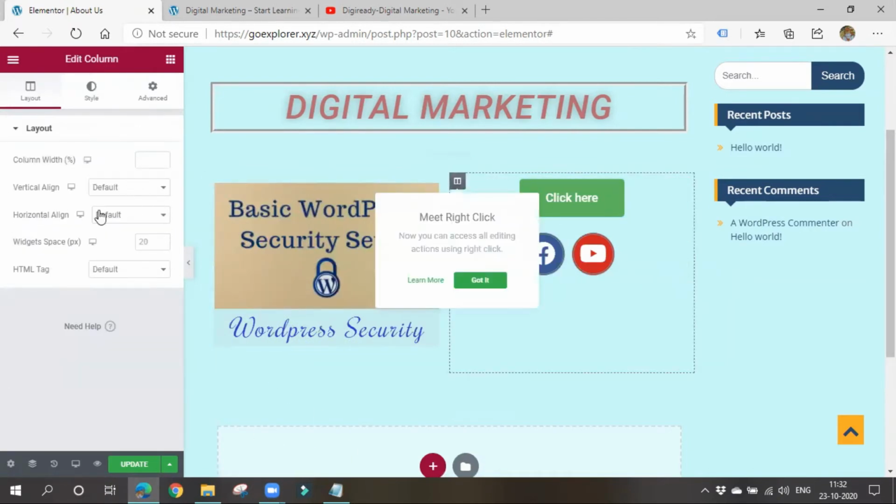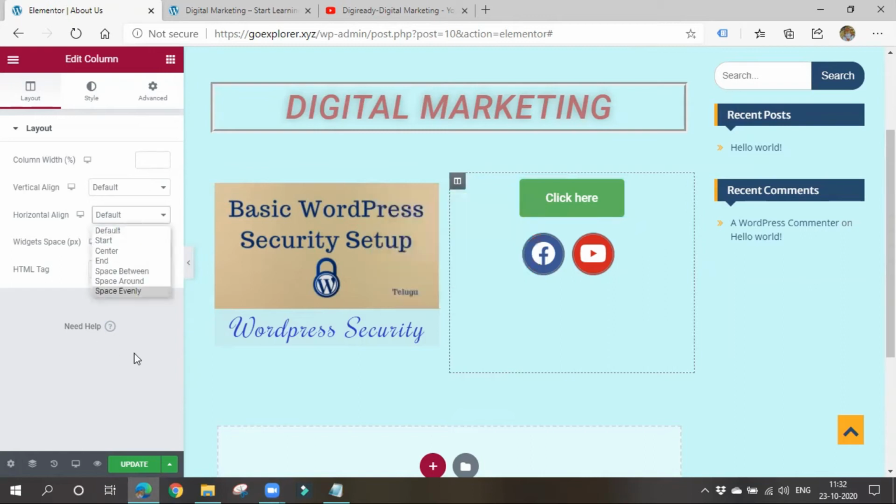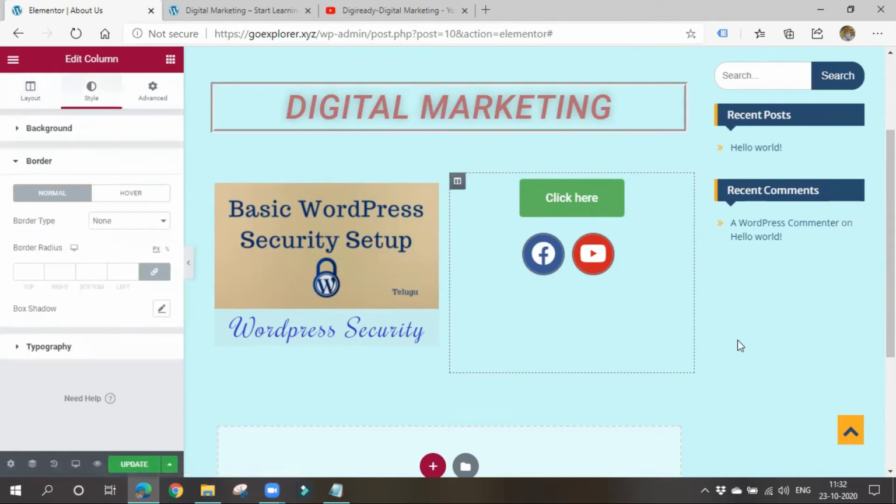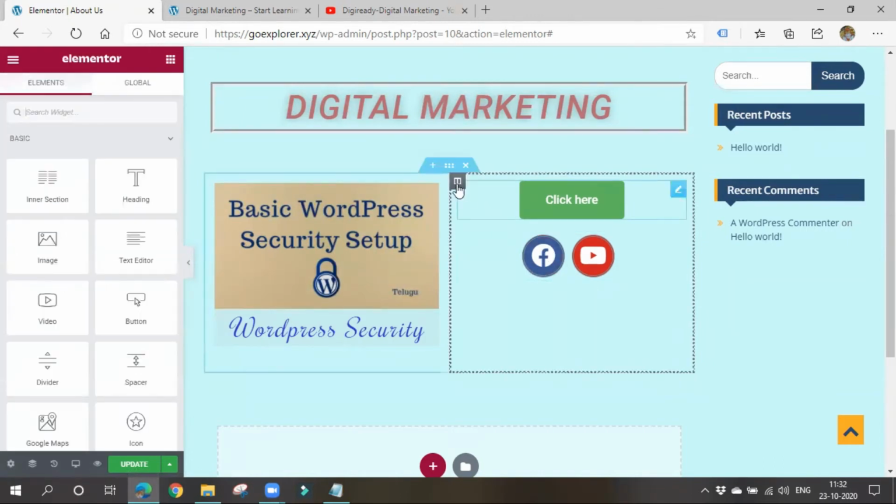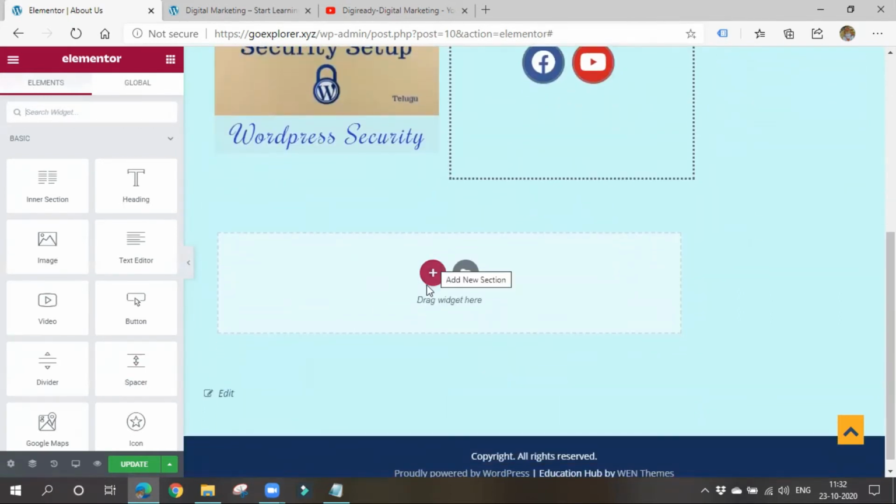So you can also align this thing space. Okay, space should be 20. You can add whatever things you want. You can also add some styles and all border if you want to add any border to that particular column. See, for this particular column also you can add some border if it look like this. Okay, now I'll add some video here. So this is another section. So I'll add a video.